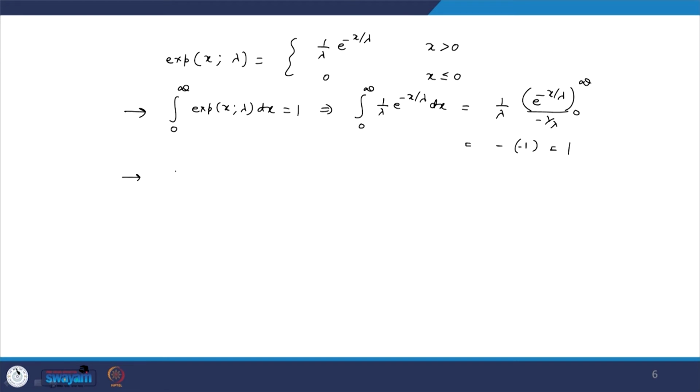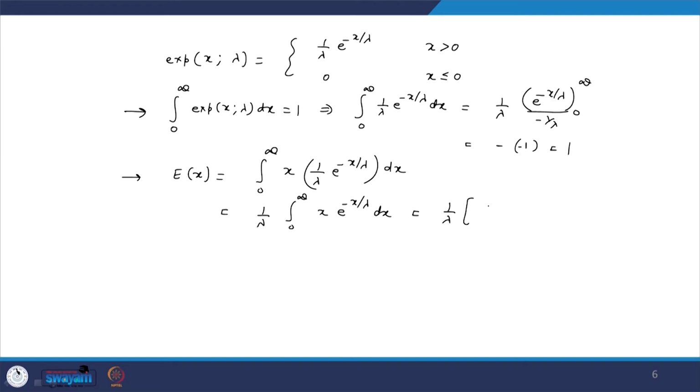Now, second we will find the expectation of x. It will be the integral from 0 to infinity of x into 1 upon lambda e raised to minus x upon lambda dx, which is equal to 1 upon lambda times the integral from 0 to infinity of x into e raised to minus x upon lambda dx. This is further equal to 1 upon lambda, you can integrate it by parts: first as it is, integral of second, minus derivative of first, integral of second,